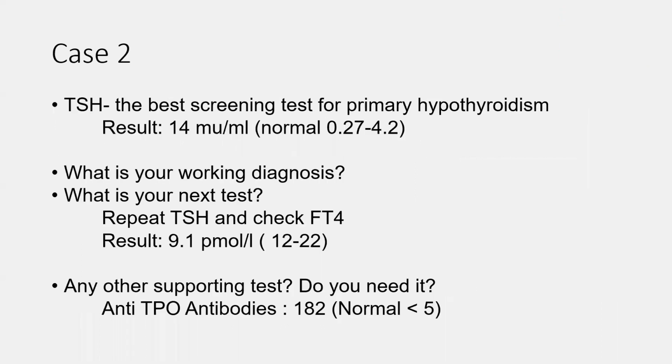TSH. Always, TSH is the best screening test for primary hypothyroidism, and the result came high, 14. So what's your working diagnosis? The most common thing, Hashimoto thyroiditis. So what's your next step to support your suspicion? You repeat the TSH, because especially if you work with your lab and you're familiar,